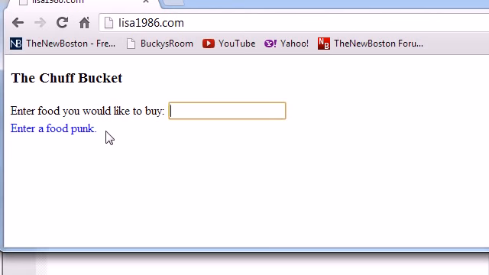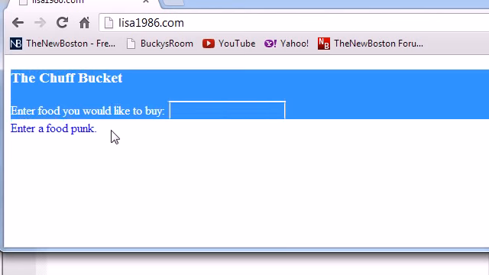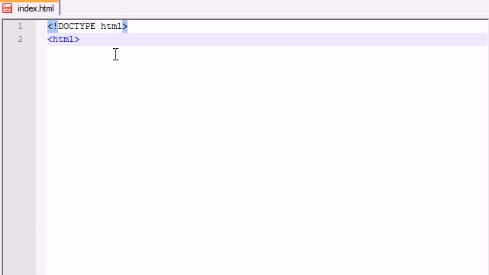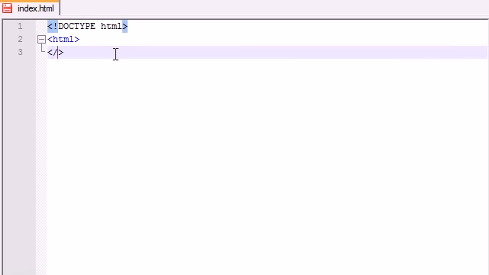So the very first thing we need to do is we need to build a very basic web page without any scripting, without any PHP or JavaScript, just so they have an interface. And basically what this is going to be is just a header and a simple input area that they can type into. So the first thing that we need to do is, of course, create the doctype, and I'm just going to be using HTML5 style, although you probably don't even need this, but that's not very good programming practice. So create HTML, and in the head,